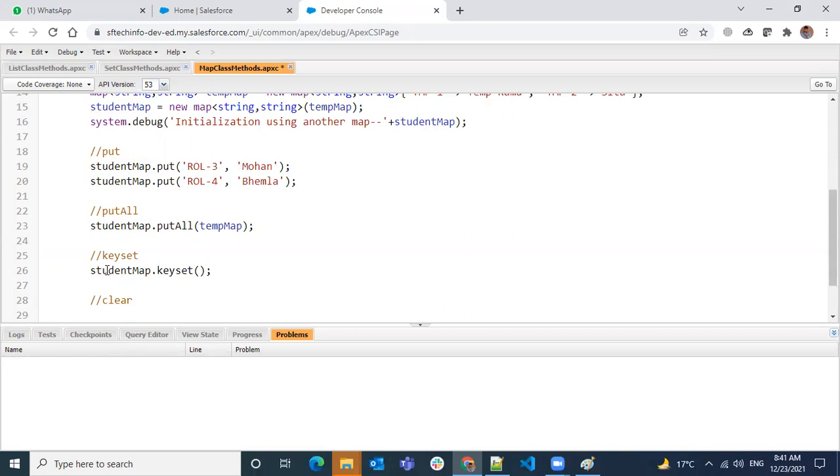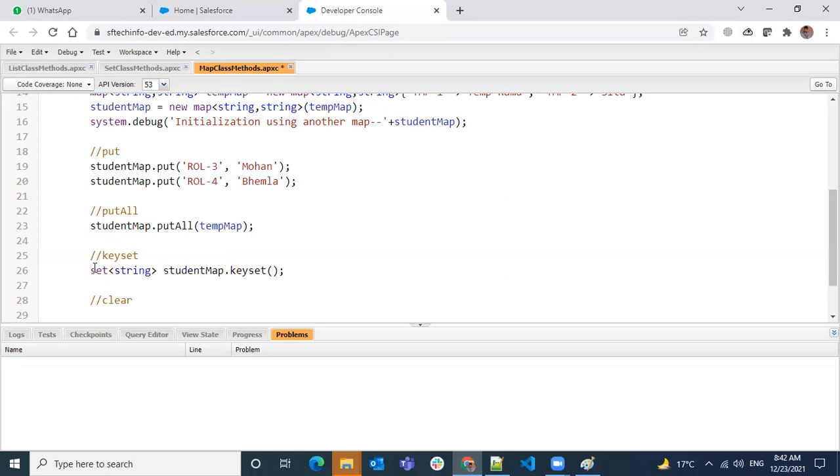Why? Because all the keys are unique in the map, so the result will be a collection as a set of the data type of the keys. Here in this scenario, we can copy these values into a set of String, since the data type of the key is a String.